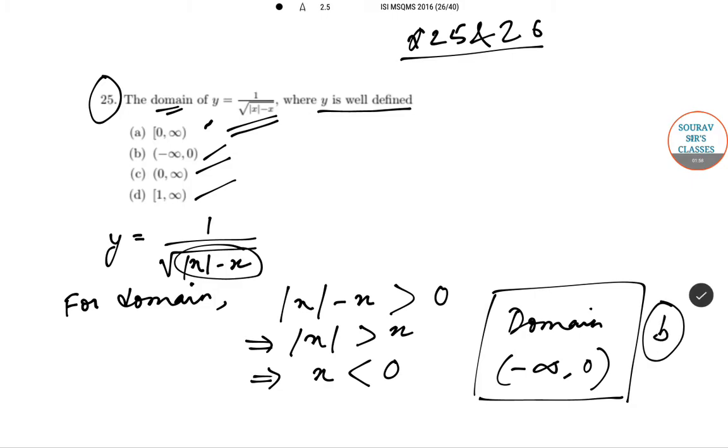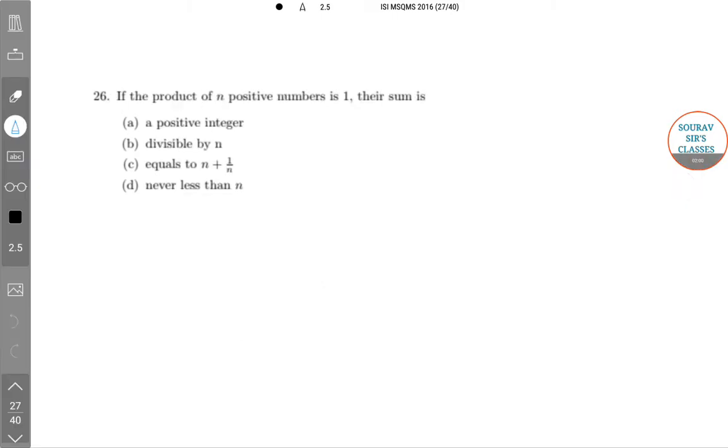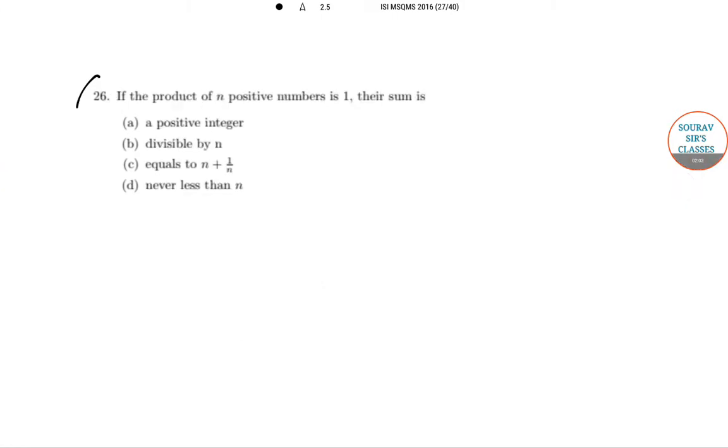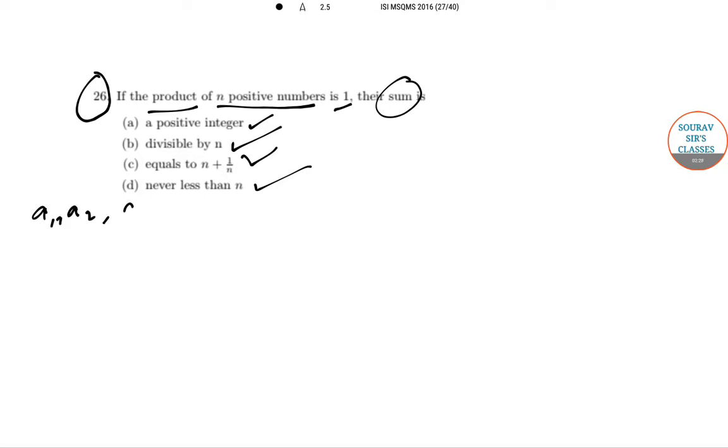Now let us move on to the next question. The next question is question number 26. In question number 26, it is said that if the product of n positive numbers is 1, then their sum is either a positive integer, or divisible by n, or equals to n plus 1 by n, or is never less than n. So if a1, a2, a3 up till an are positive numbers,